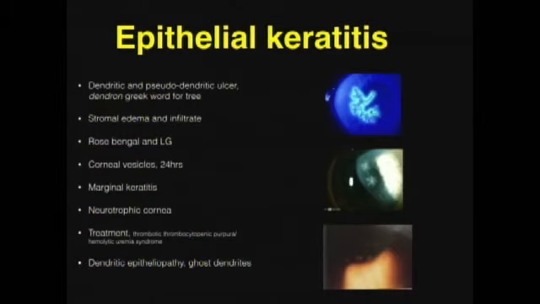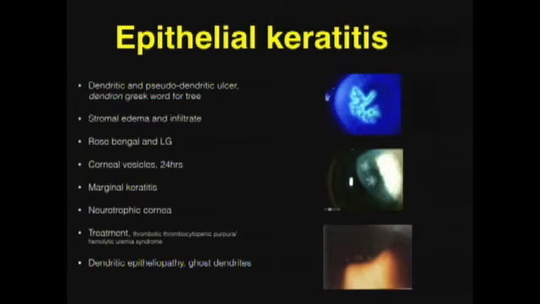What are the sequelae of herpetic epithelial keratitis? Like what will happen next? Someone mentioned scar, dendritic or ghost scar. What else? Geographic ulcer. When will you get geographic ulcer? Excellent. However, you can get geographic ulcer in the initial presentation, and in one study, 2% of the patients that come with HSV epithelial keratitis were found to have geographic ulcer. But most of the time, we see it after